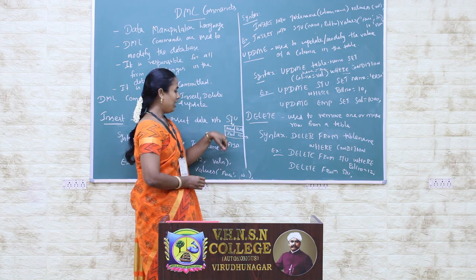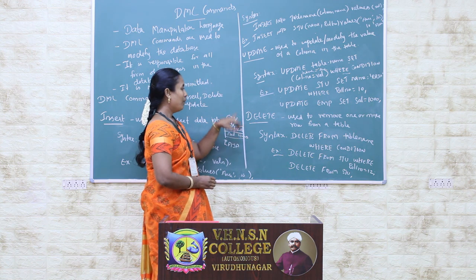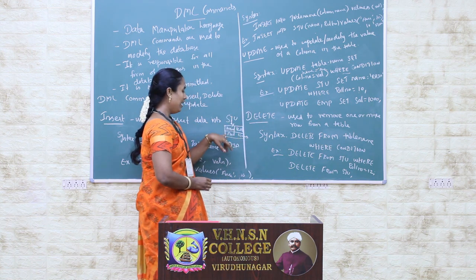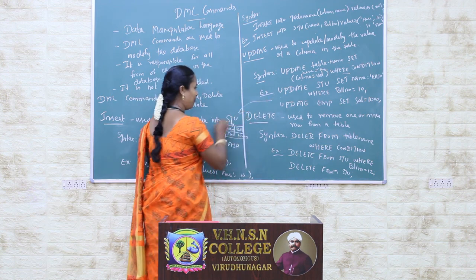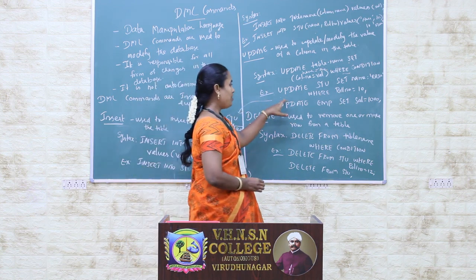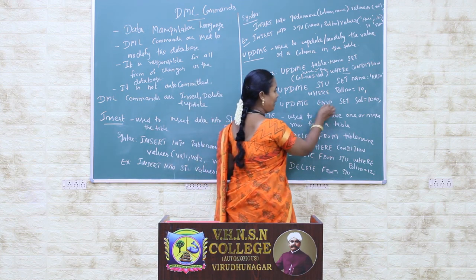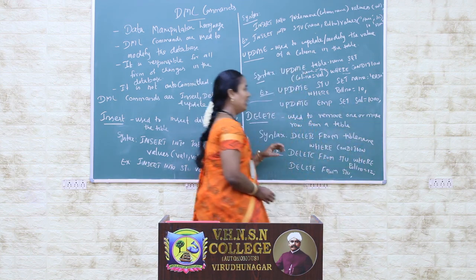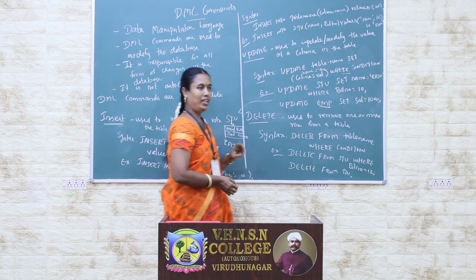Previously the student table contained the record with the name Anu and roll number 10. But after running this query, the name is changed from Anu to Raja. That is the example of this update query. Okay, then I can mention another example: update EMP set salary equal to 1000. Here I use another table name; EMP stands for the employee table.